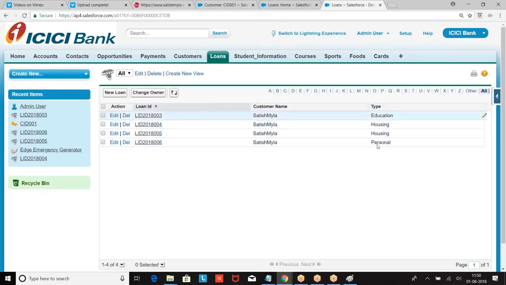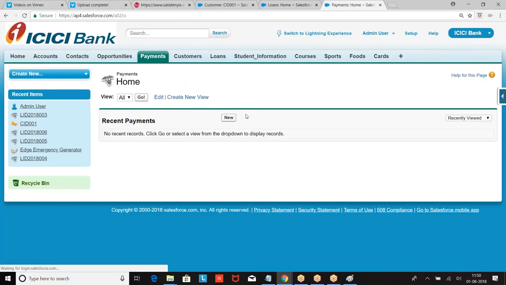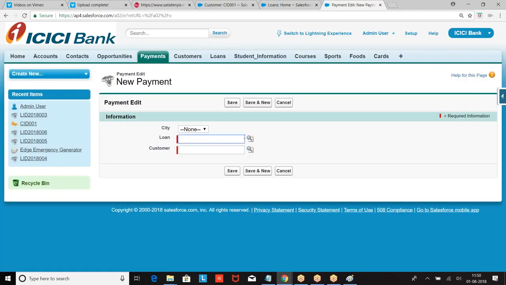So based on the loan, now we are going for a payment. The payment object, what are the fields we have?